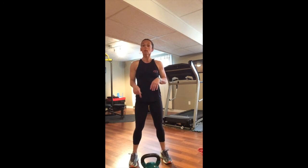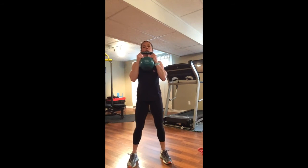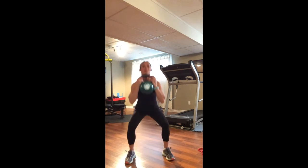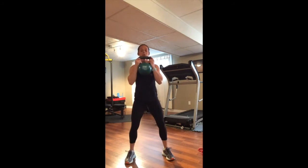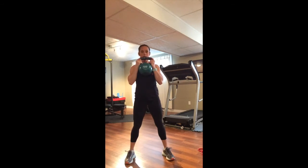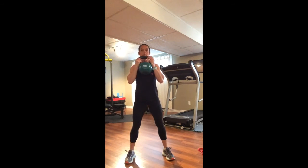So next set, getting ready, we're going to do 5 squats. Create that tension, screw the feet into the floor. Feet can be wherever they're comfortable, and you're going to go within your own range of motion. Starting off right here, here we go. So down for 1, squeeze it up. 2, 3,